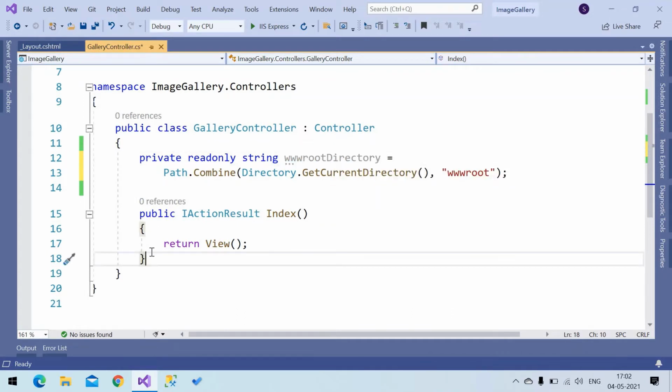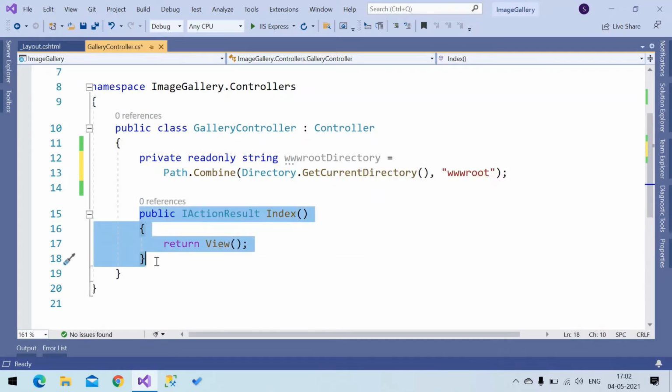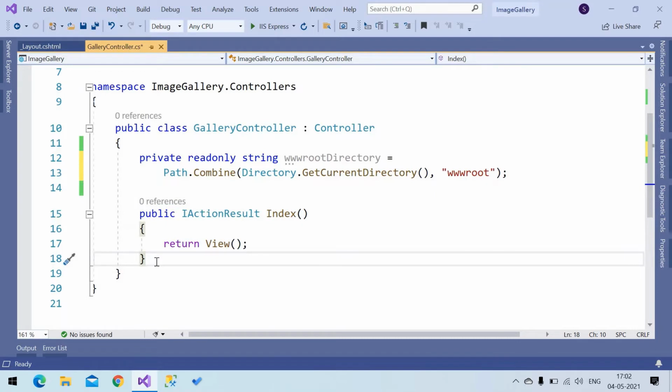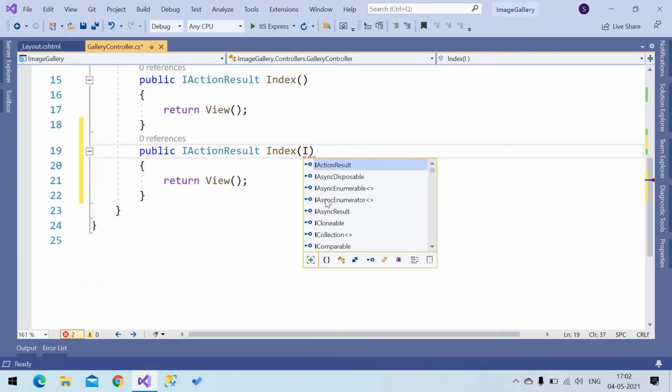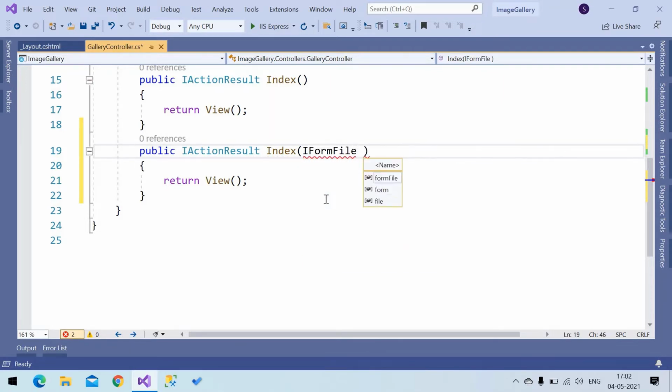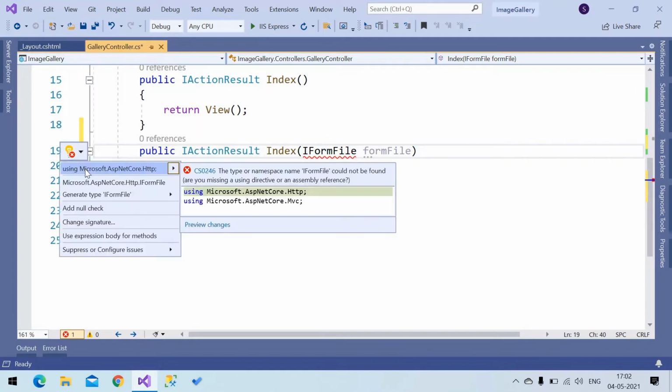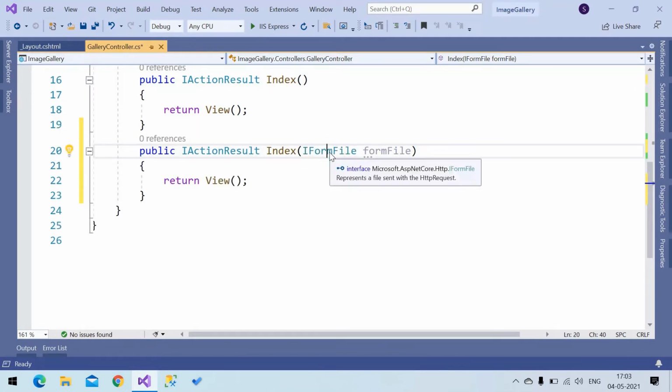Let's add a post call for this action method. This is the file type we are going to get from the view, IFormFile.